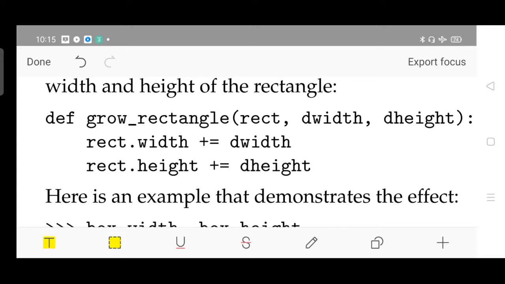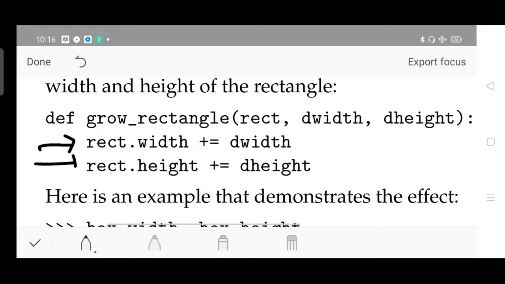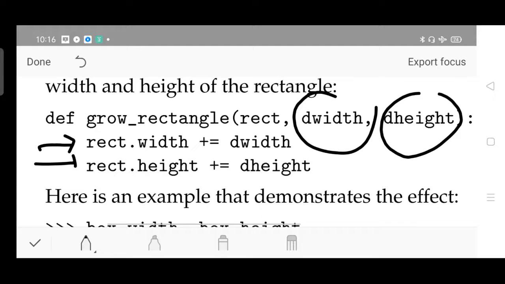Here you can see rect.width equal to rect.width plus dwidth, the said parameter; a shorthand operator can also be used there. And rect.height equal to rect.height, the existing value, in addition with dheight. These are the two parameters, dwidth and dheight.